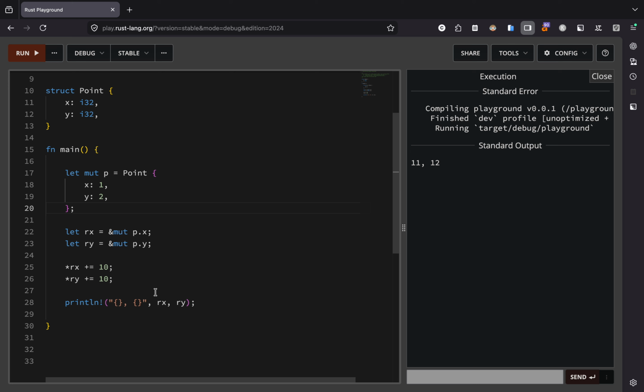So this works if there is no overlap between the opening window of rx till its close and the opening window of ry till its closing point. So let's say ry is a reference to p.y, right? So we're going to